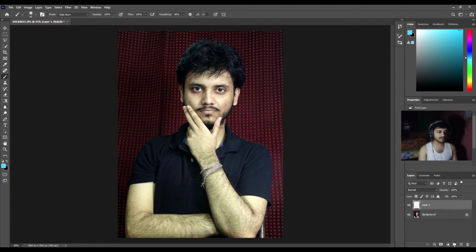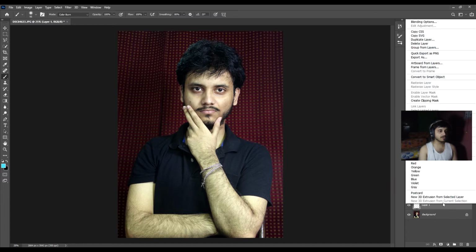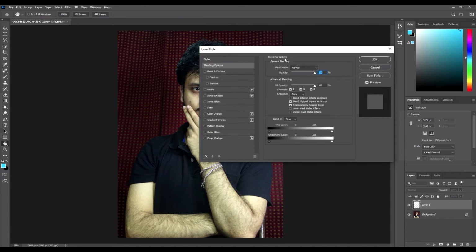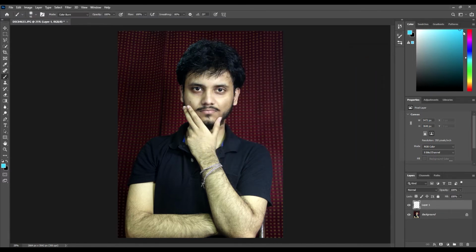So as you can see, after I click the plus icon, it actually adds the layer. You can double click on this layer, or you can also right click on the layer and select blending options. That is the same, and as you can see, the blend mode is normal, and that's fine. And as I've selected this cyan color over here, I'm going to draw a straight line, and then what